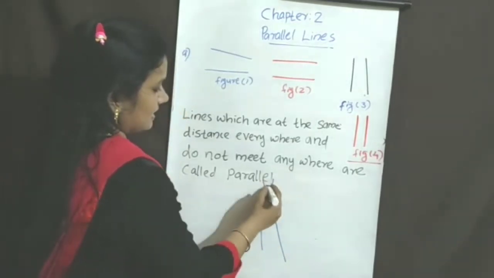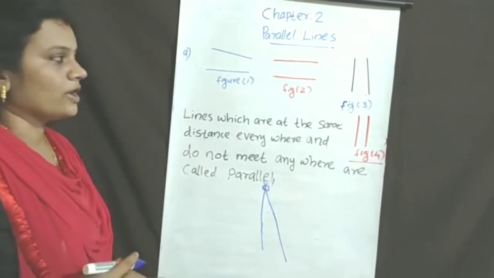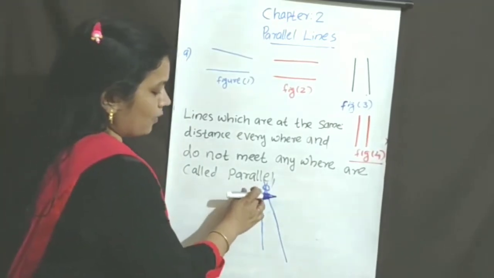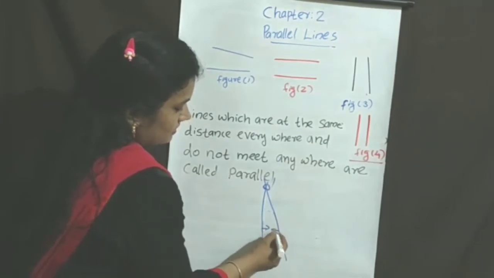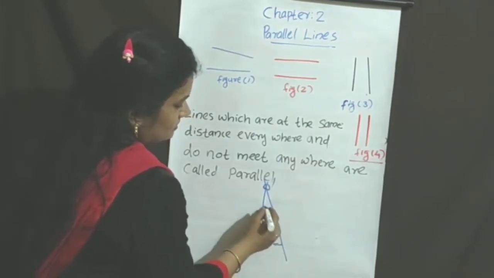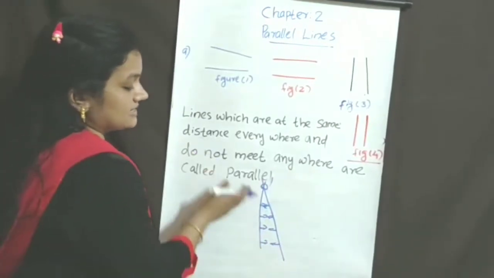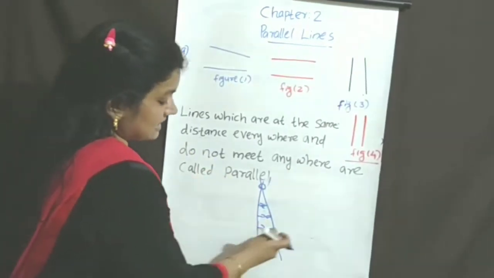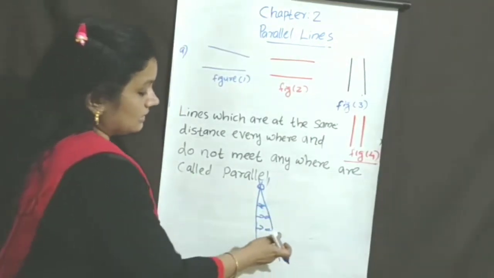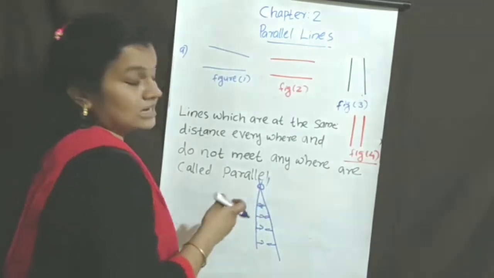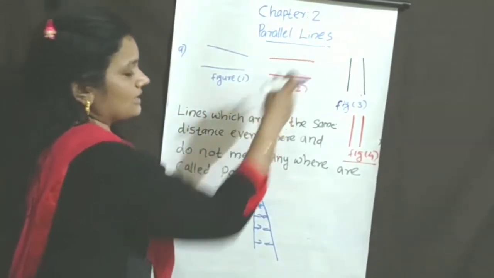Then extending this, again these lines also meet at a point. You check the distance between them. Is it increasing or decreasing? Decreasing. Is the distance the same, equal or not equal? The distance between these two sides is not equal. Understood? These are slanting lines.